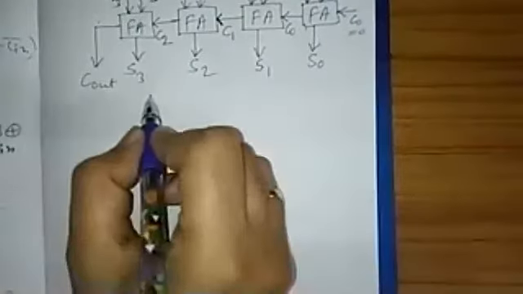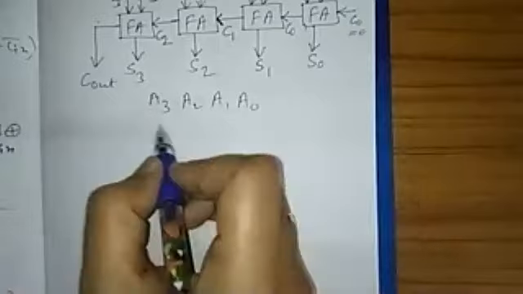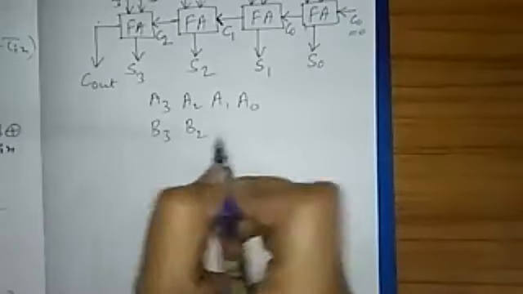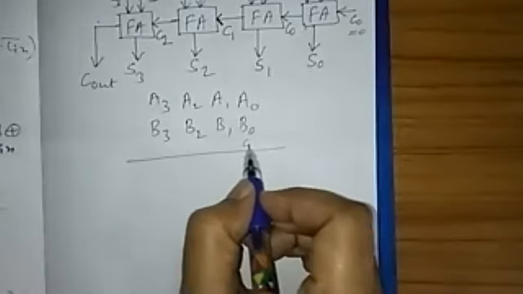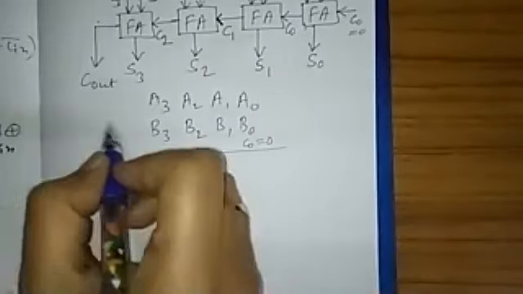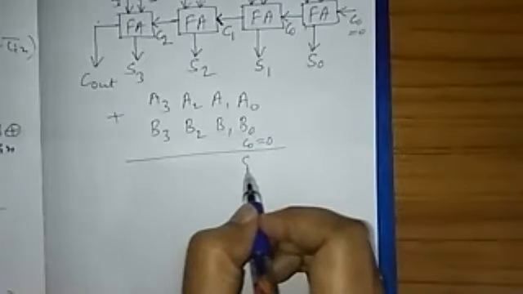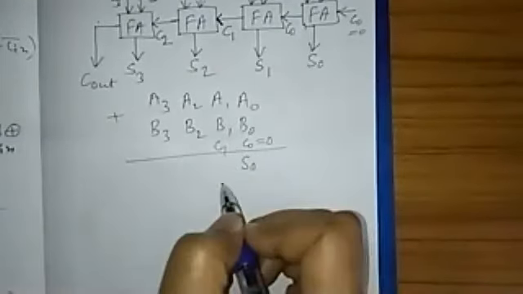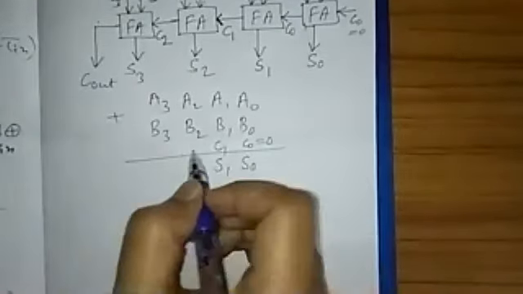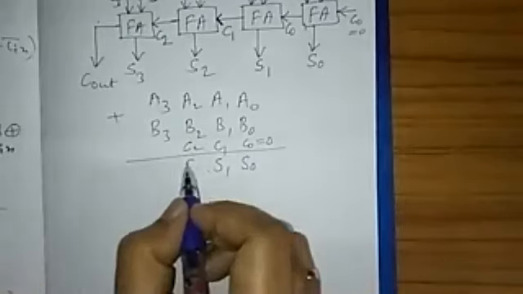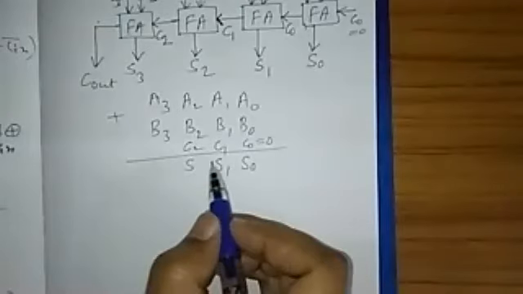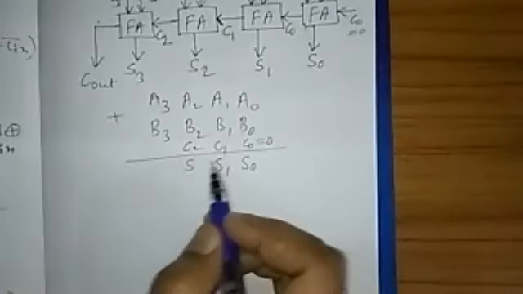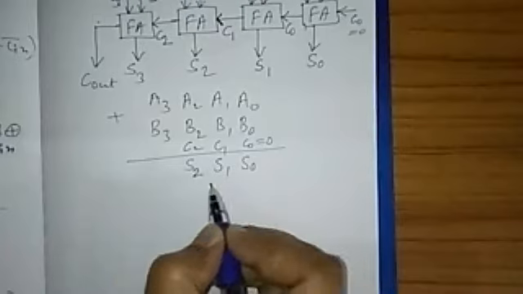In case I want to show here A3, A2, A1, A0, B3, B2, B1, B0, and here I am taking C0 as 0. After adding I get S0, and carry 1 is generated here. If I add this, it will be S1, carry generated. If I add this, I may or may not get a carry. That time this will be C1, C2. If carry is not generated, it will be 0. If carry is there from the previous, it will be 1. That's it. But we need to take care of all the things.